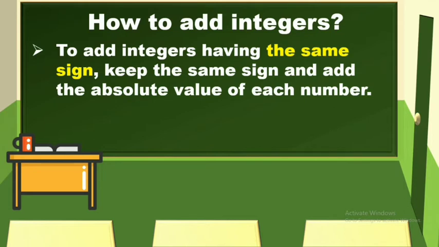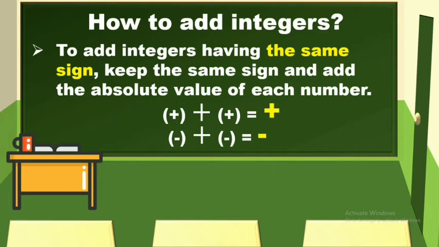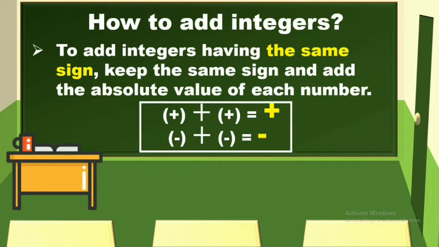Did you get it now? So meaning to say, when you say absolute value, there is no negative sign. It is always a positive sign. Now, to add integers having the same sign, meaning when you add a positive number plus a positive number, the answer is also a positive number. When you add a negative number and a negative number, the answer is also a negative number. Example,